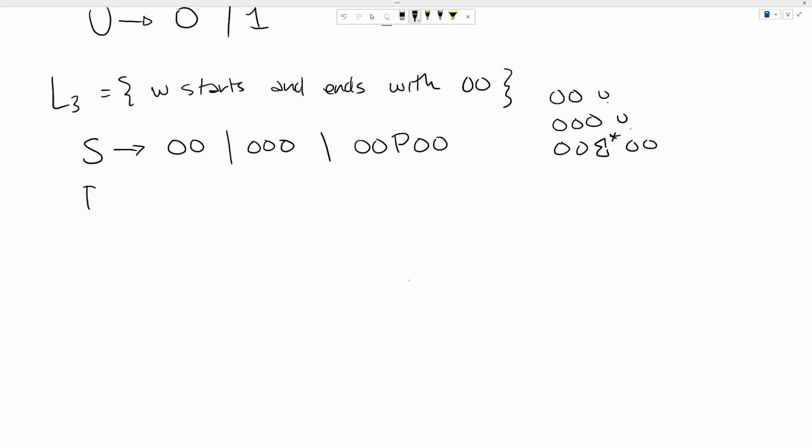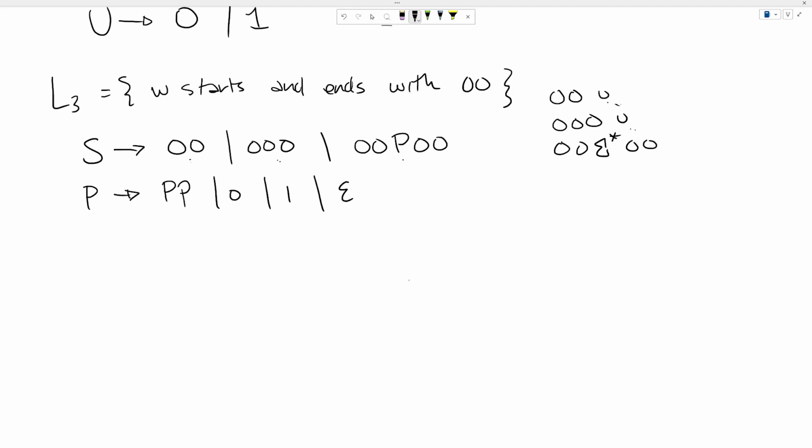Okay, let's do P. P is supposed to do sigma star. We did that above. PP, 0, 1. Do we need epsilon in this case? Looks like we do, in case we want that one to disappear. Okay, starts and ends with 0, 0. We got the special cases of starts and ends with 0, 0, plus the general case of starts and ends with 0, 0. Okay, again, some tricks there that we can exploit from looking at a regular expression,